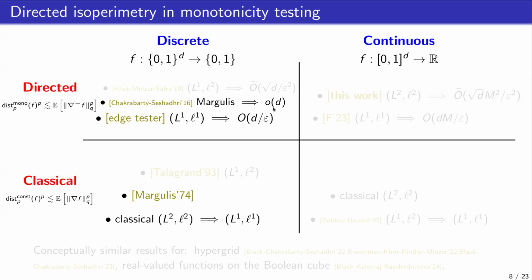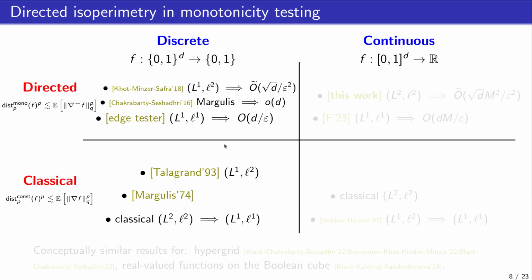That's great. If you go even further, there's an even stronger classical inequality by Talagrand. This is Talagrand's inequality, and it turns out that you can phrase it as this L1, L2 Poincaré inequality. From that starting point, can we have a directed analog? The answer is yes, we do have one. In fact, this other breakthrough work of Khot, Minzer and Safra showed that a directed version of this L1, L2 Poincaré inequality gives you a tester with square root D query complexity. It takes a lot more technical work to obtain it, but you get this square root D tester, which is optimal for non-adaptive testers. So this is a really impressive result.